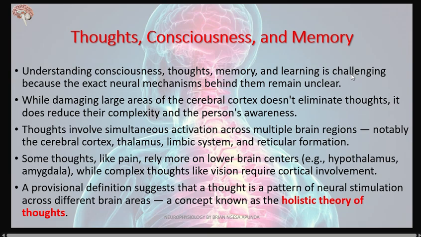Some thoughts like pain rely more on the lower brain centers, such as the hypothalamus and the amygdala, while some complex thoughts which require vision normally use the cortical part of the cerebrum. A provisional definition suggests that a thought is a pattern of neuronal stimulation across different brain areas. This is known as the holistic theory of thoughts. So I want you to remember